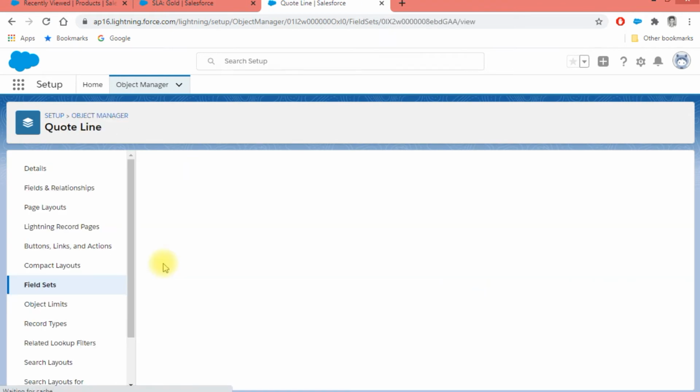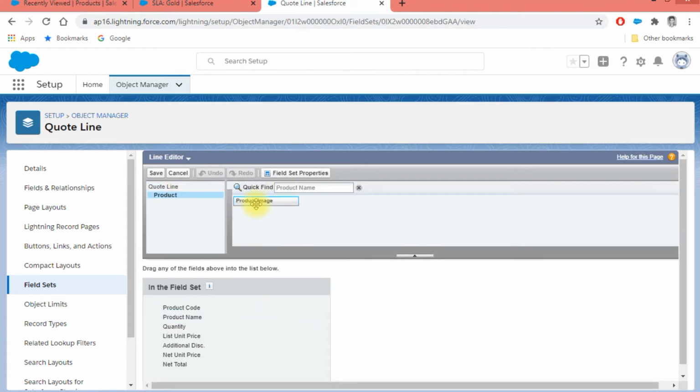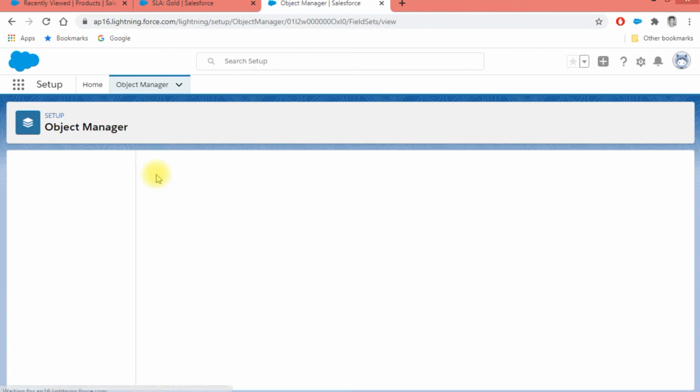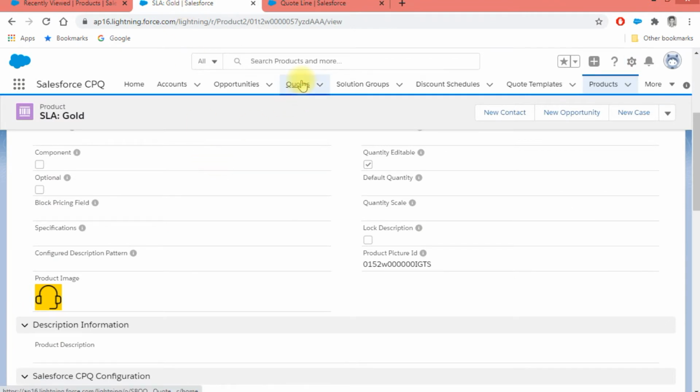As you know, the line editor uses a field set, so you can directly refer to the product field on the Quote Line field set. Click on save. Let's go back to the quote and see how this will work.